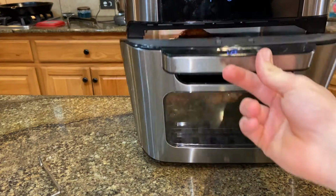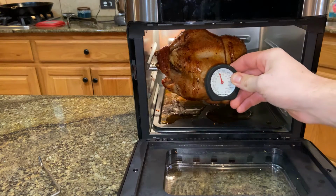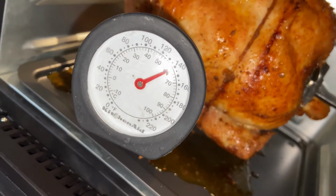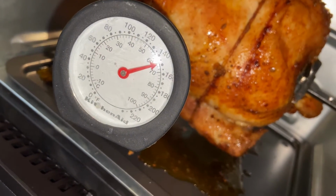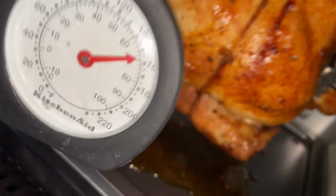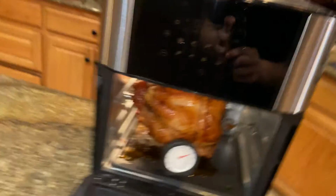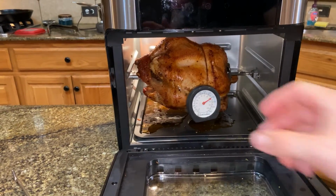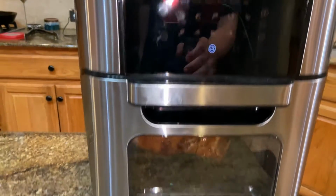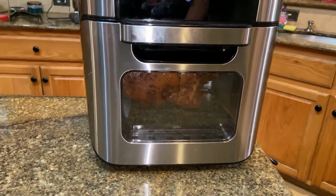All right, so we're gonna check this. It just stopped. And here's the thigh. Just poke that right in. I'll give you a look. It needs to be at 165. It's in about 160. So we're gonna turn it back on for 10 more minutes. And this is what it does. This is the alarm that it's off. So we're gonna